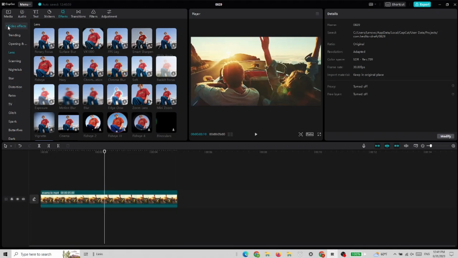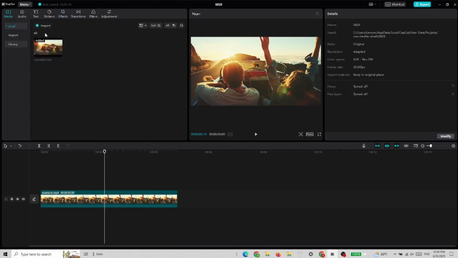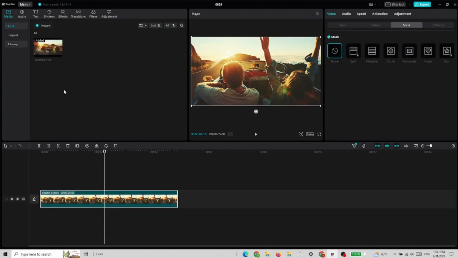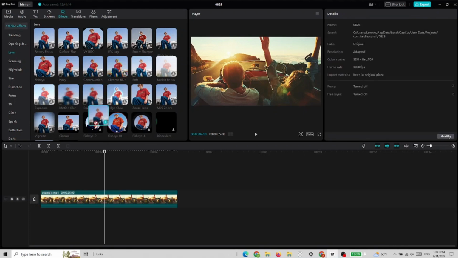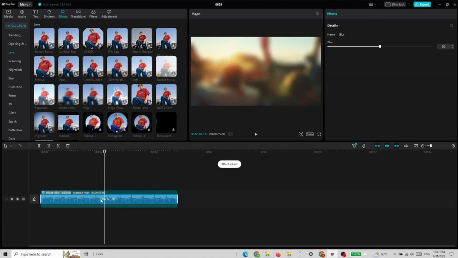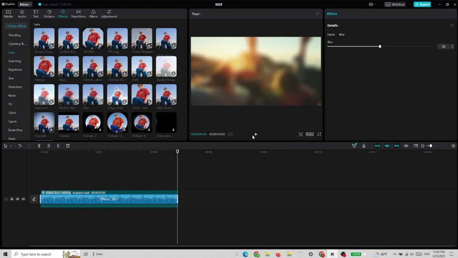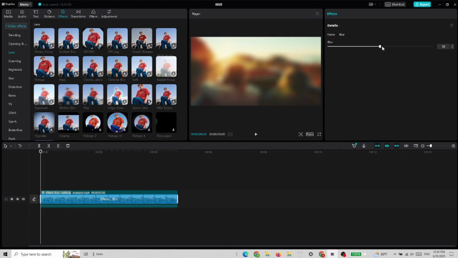Hello, in this video I'm going to show you how to use blur in CapCut, whether on a part of a video or an entire video. So we have a clip, we need to click on it and go to Lens and check for blur. We drag the blur effect on the entire video, and now as you can see the entire video is blurred. We can regulate the blur, the intensity of it right here,